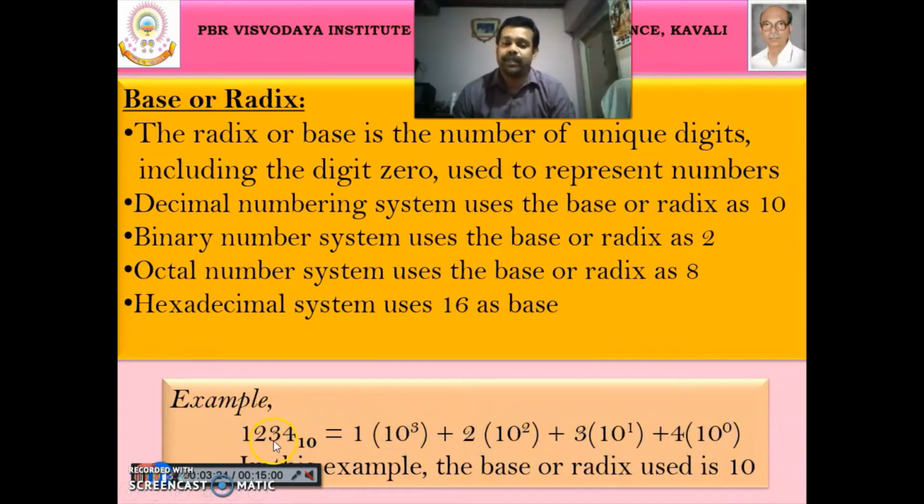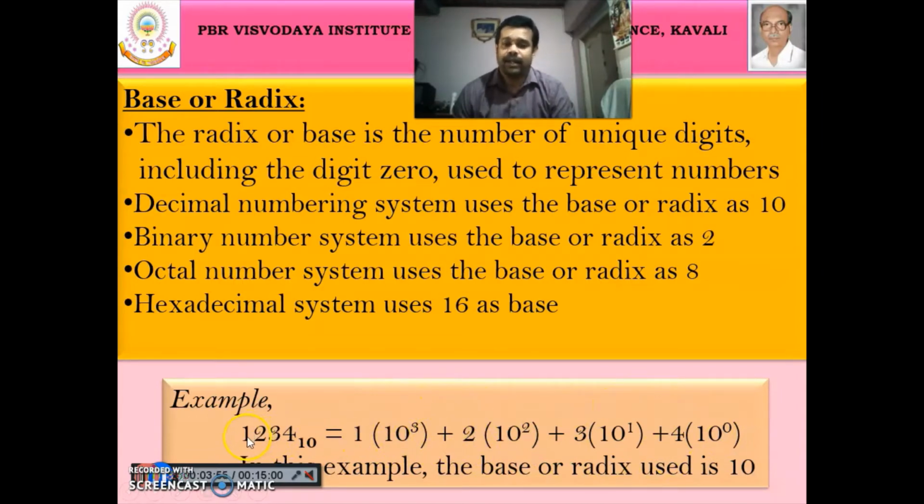Now this 4 is nothing but 4 into 10 to the power 0. This 3 is nothing but 3 into 10 to the power 1. And this 2 is nothing but 2 into 10 to the power 2. And this 1 is nothing but 1 into 10 to the power 3. So we are multiplying each number with its positional weight and adding everything, and we'll be getting